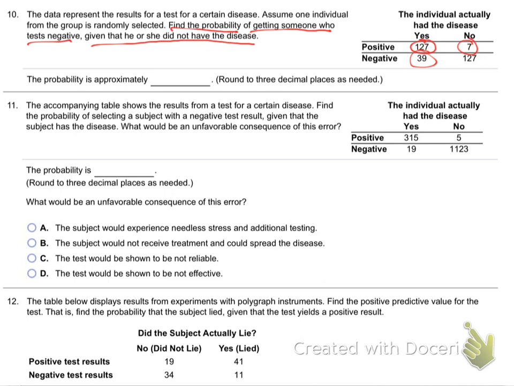How about these 7 people up here? Don't have the disease, but tested positive. Yeah, they don't have the disease, but this test said they did. That happens. Again, there's no perfect medical test. Our bodies are super complex. You ever taken any of those biology and anatomy classes? I couldn't probably pass an anatomy class. There's so much to memorize, and I have a bad memory. It is an amazing system. It makes computers look like child's play. So doctors are doing the best they can, but there's different things that get in there and mess up the tests. What's this 127?